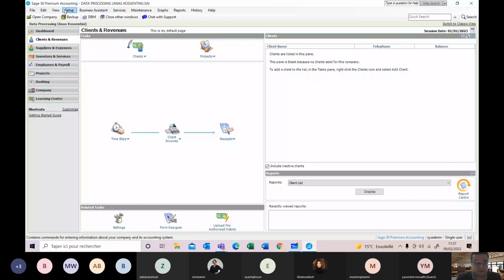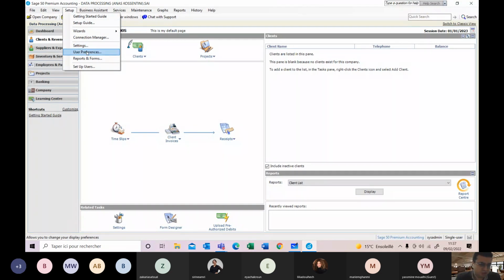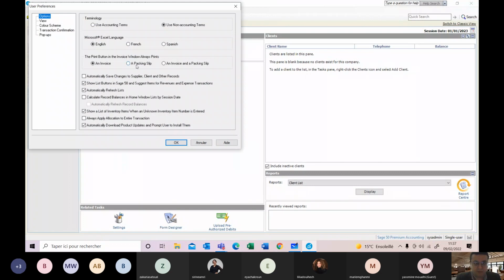Still in the preferences, we have setup. You say settings. We discovered this setup settings, but it's also possible to discover user preferences. What are reports and forms? For example, if you click on user preferences,